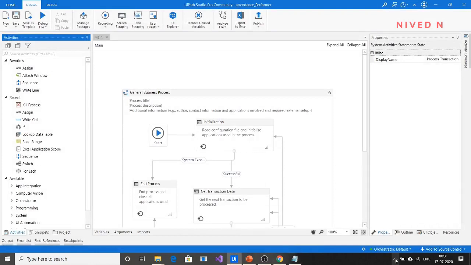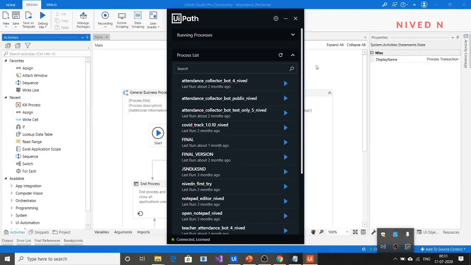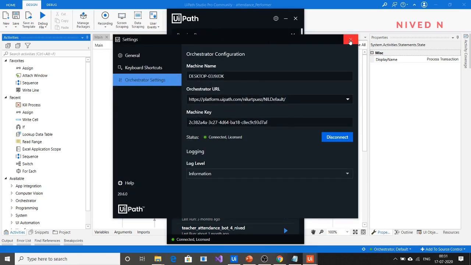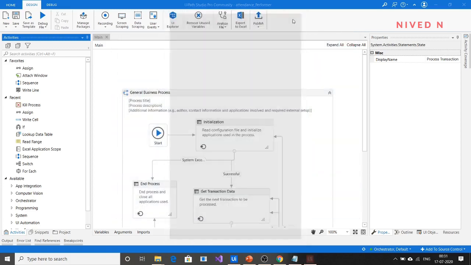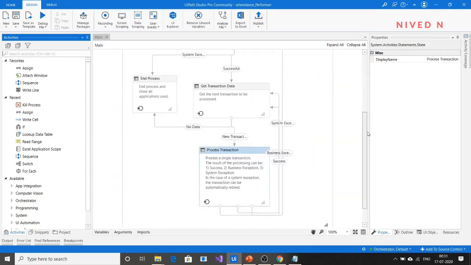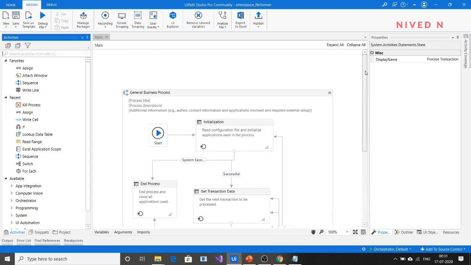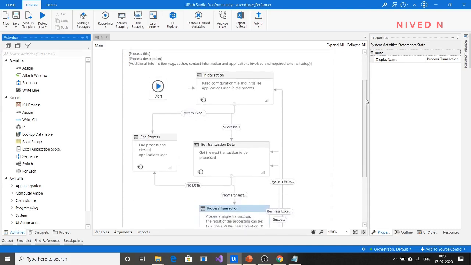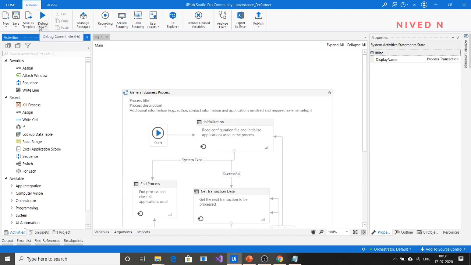Check that your connection with the Orchestrator is okay before starting. Yeah, it's connected. So I think we have completed our performer workflow section also. Just run it to see what happens.